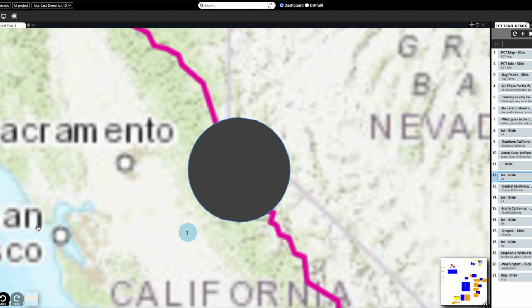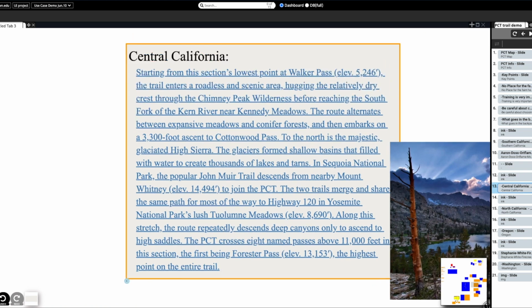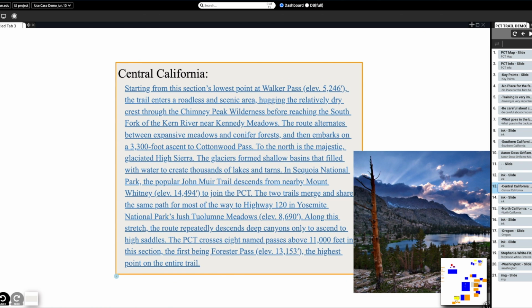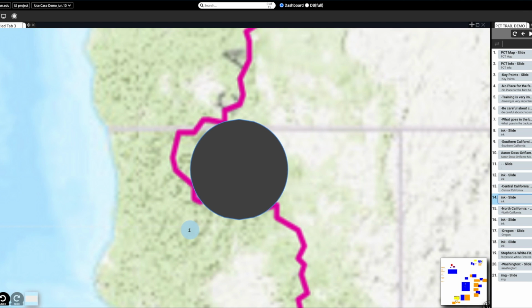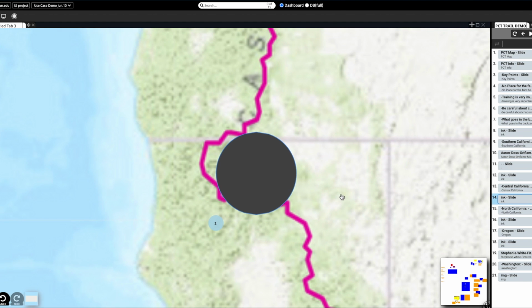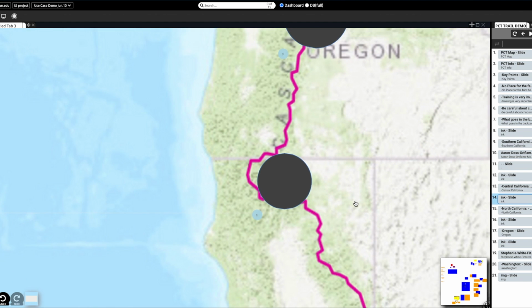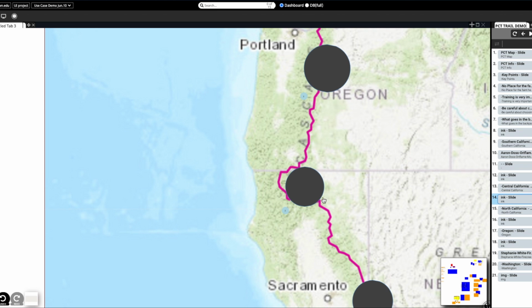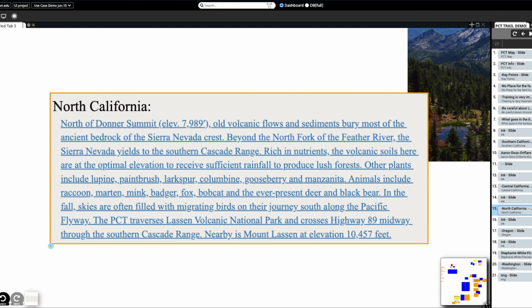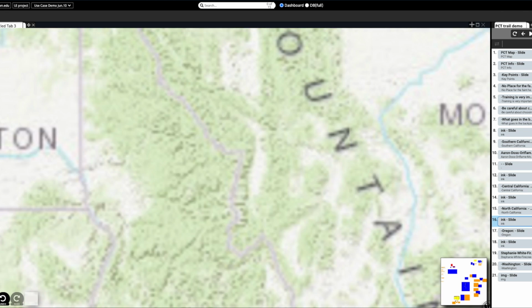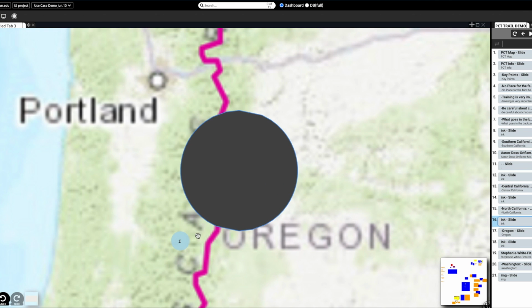The next stop, Central California, we see we're closer to San Francisco and Sacramento, and I have also put a dot on the area. And by clicking that, I'm led to Central California, where the same kind of information is shown. Next stop, we're a little bit unsure about where we are, so the good thing about Dash is that you can always zoom out and see where on the map exactly we are, and we find we're in North California. And we can see more information about the hike, and we can also go to the next trail,